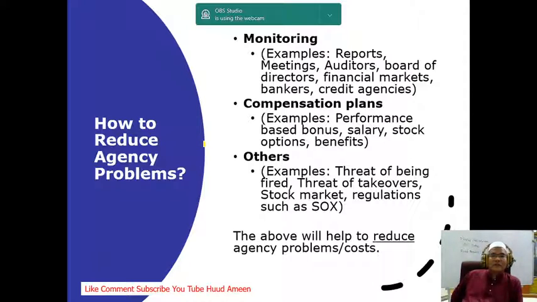So the stockholder will monitor the financial market, the price of the shares, bankers, kepercayaan bankers, bank-bank untuk memberi pinjaman, confident of the bankers to give credit line to the companies, and also credit agencies, whether they have any problems to pay the credit or hutang. And then second, the owner